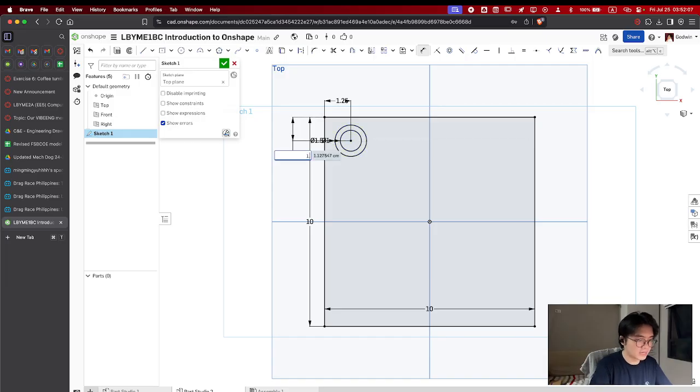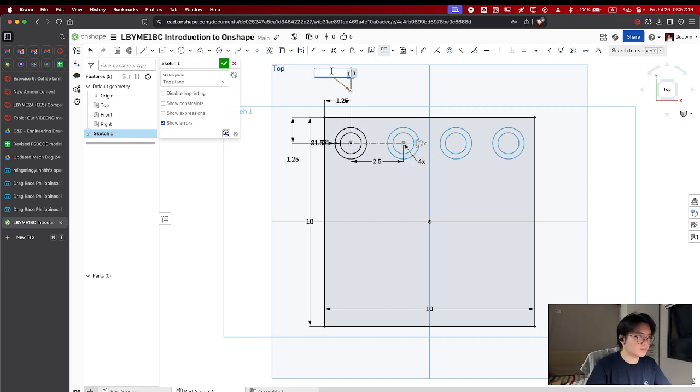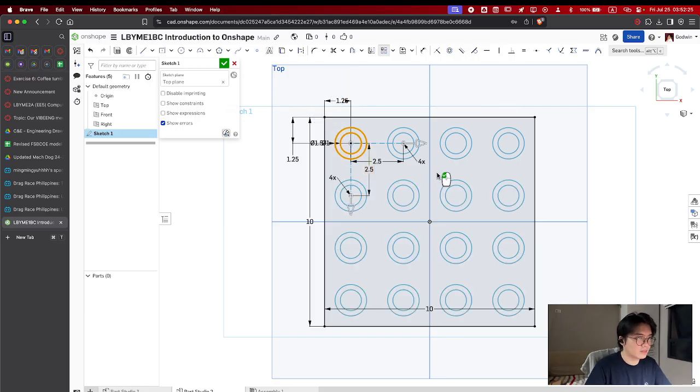We are just making this very uniform, like how Legos usually are, right? Linear pattern, this and this. Let's make this 4 times 4. Let's make this 4 times. Let's make this negative 2.5. And then there you go. Hopefully you guys are now seeing the